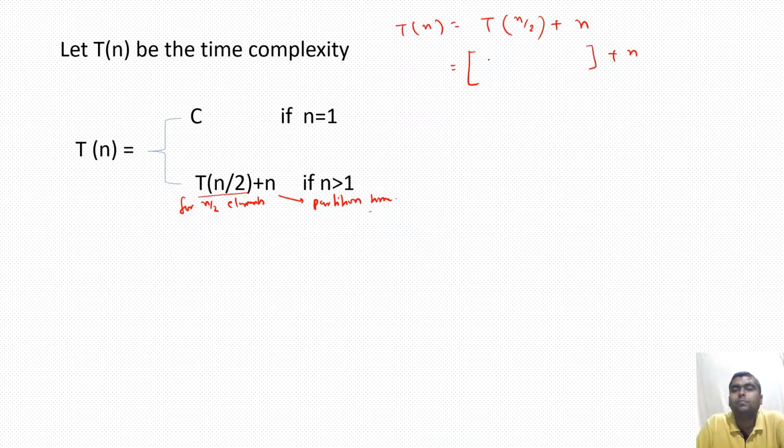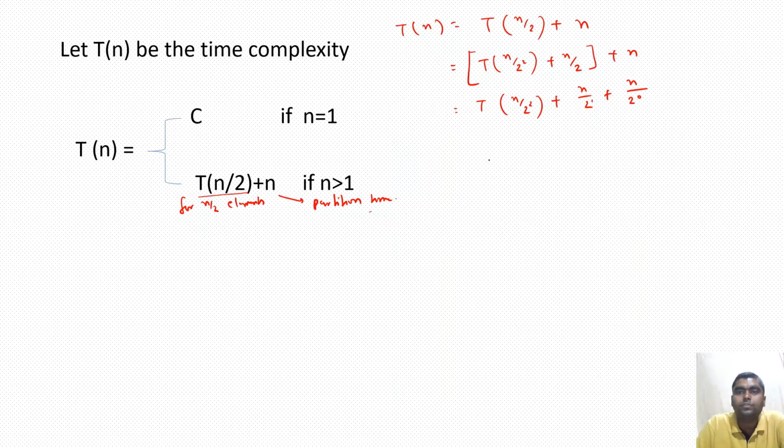So I am solving this recurrence relation with the use of the substitution method. So T of n by 2 is T of n by 2 squared plus n by 2, and similarly this will be T of n by 2 squared plus n by 2, and this we can write as n by 2 raised to the power 0. This is 2 raised to the power 1. Similarly, if we repeat k times,